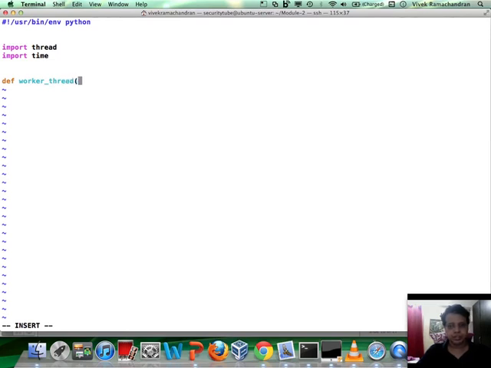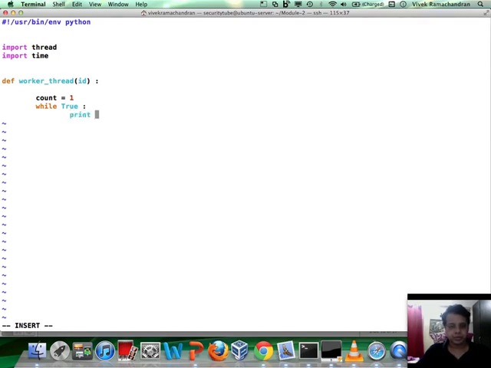Let's say this function takes in an argument called id, and all this function does is probably print a counter after a 1 second delay. So let's say count equals 1, and while True,